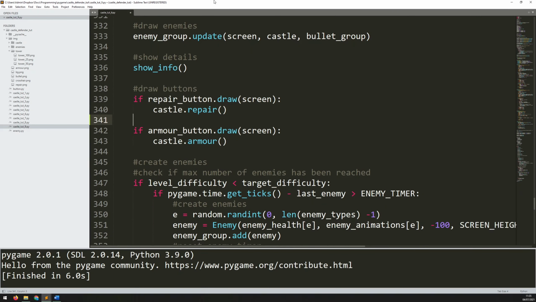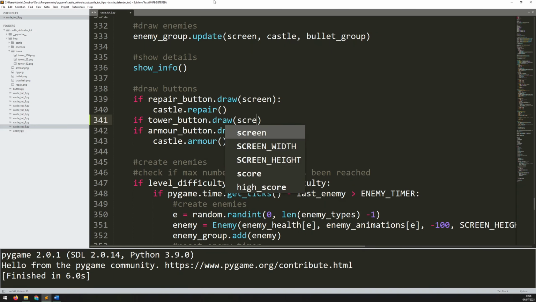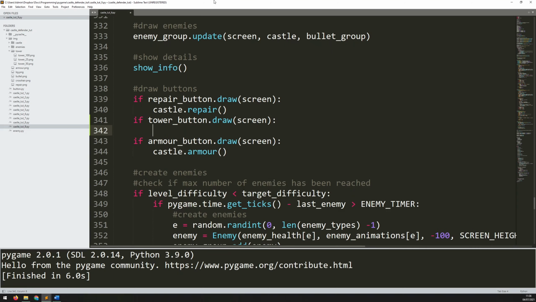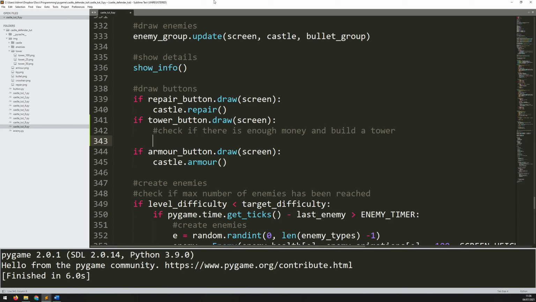So let's add a bit here to say if tower_button.draw, with an argument of screen so it knows where to draw it. If the button is being clicked, check if there is enough money and build a tower. So first of all, I want to check whether the castle can actually afford it. So if castle.money is greater than or equal to the cost of that tower, tower_cost, then we can